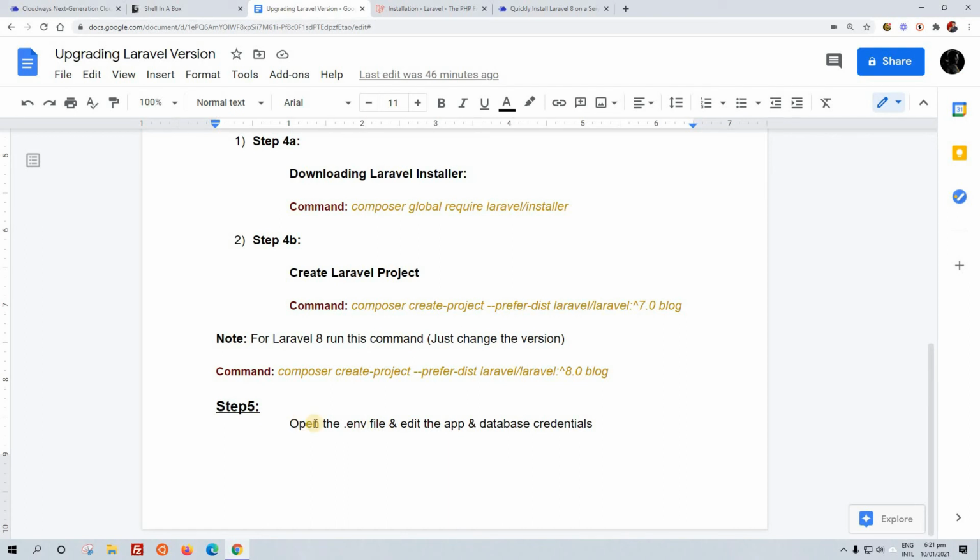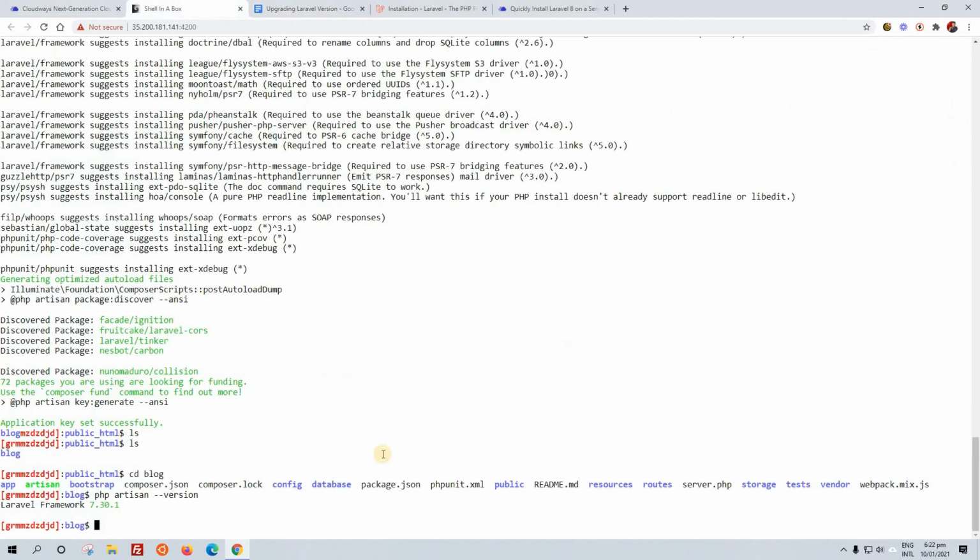Now we are going to move to our final step. I know this video is long, I have discussed every step briefly and how we can do it. So I'm going to finish the last step, that is, open the .env file. How can we do that? We are going to type the command.